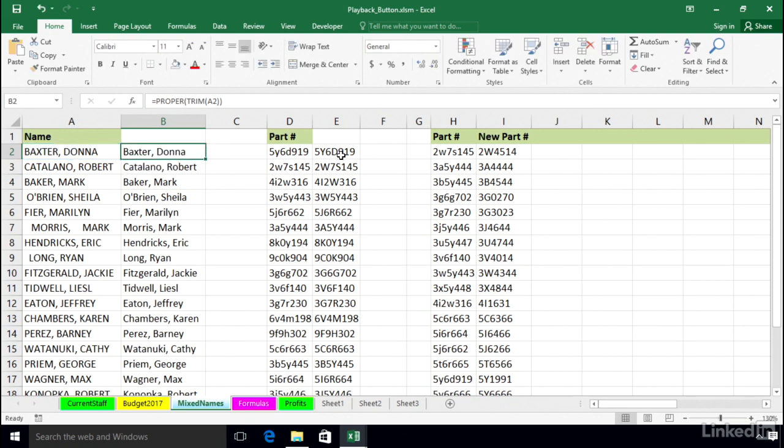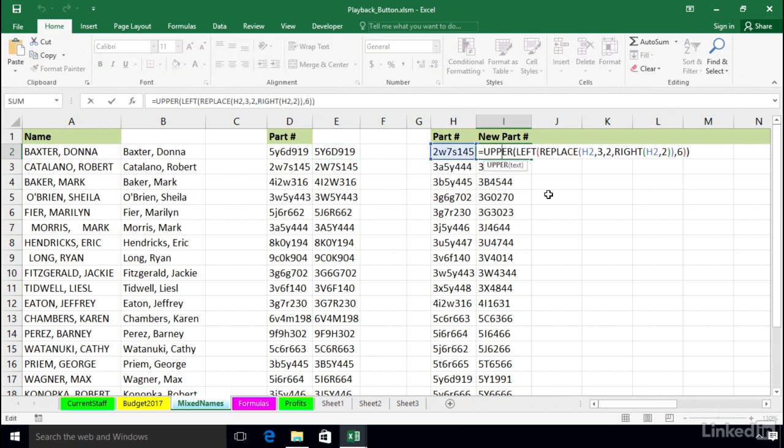And the same thing here in column E, where we're simply making all letters be uppercase using the function called upper. Over in column I, it's a bit more complex. We're using a series of functions here, replacing existing information there based on location, using various functions: upper, left, replace, and right. And the key here is not necessarily to be understanding these functions, but to recognize that when you